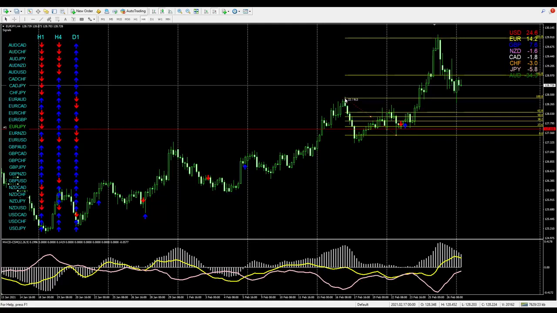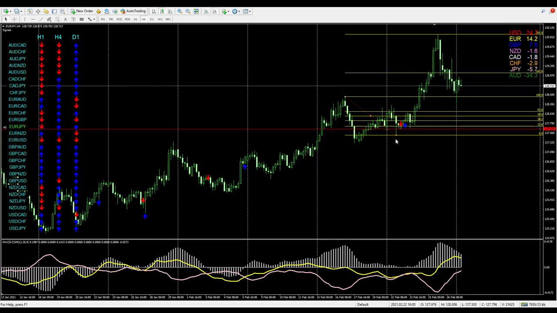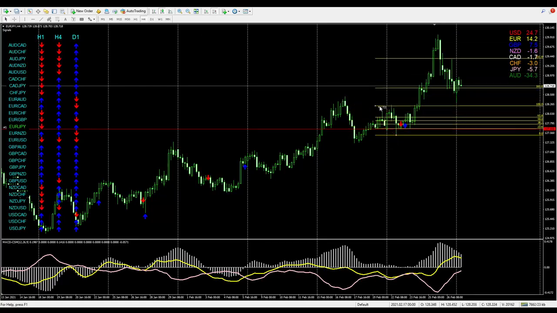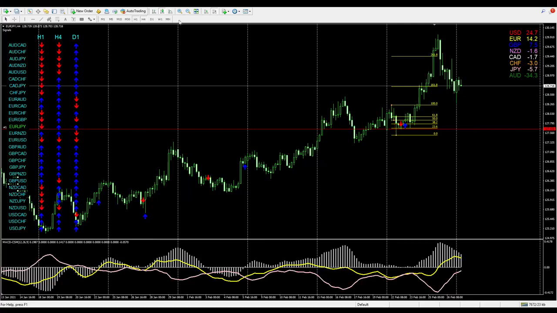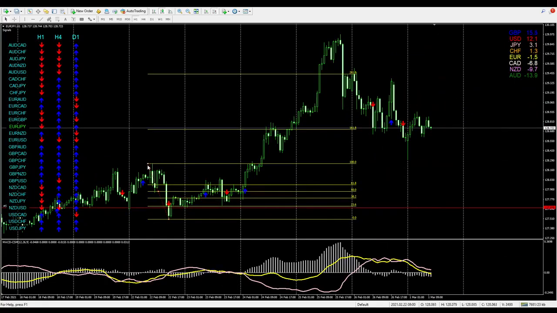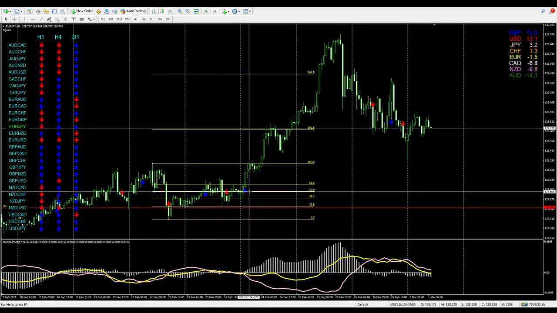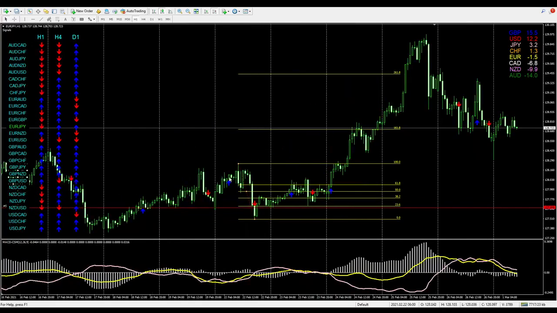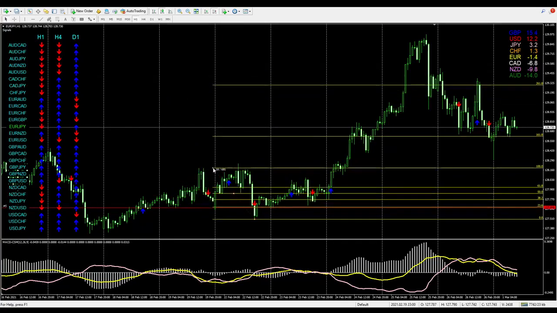One moment everyone, let me analyze it. Yeah, but for H1, let's make it more simple. For H1, it would be like this. So our TP is around 38 pips for EURJPY. For this time, even if you enter this trade for Monday, the Fibonacci level